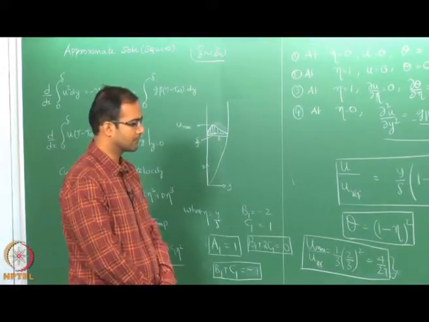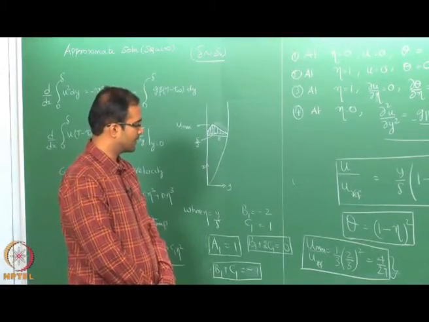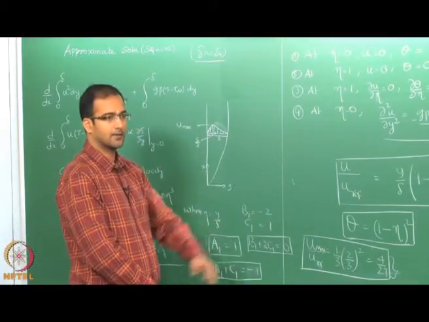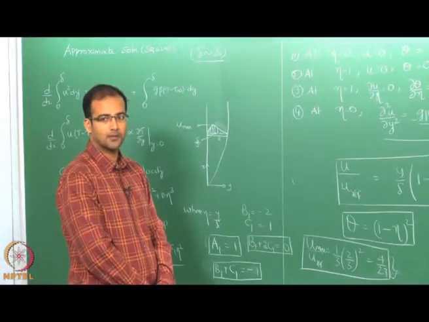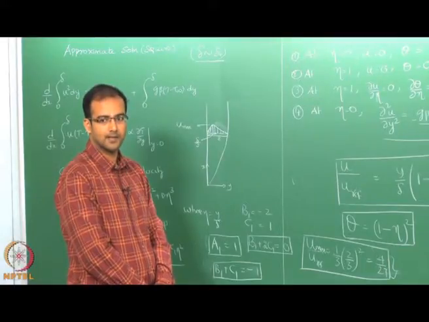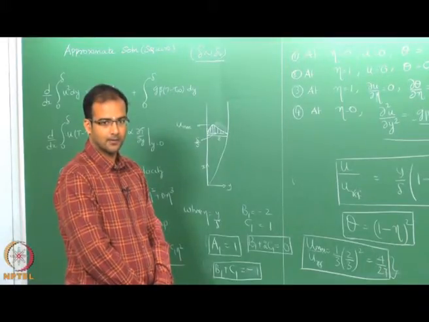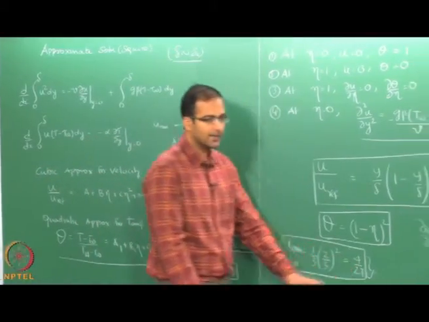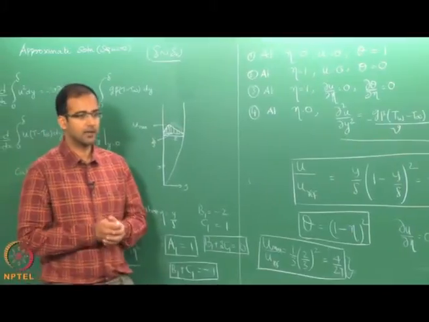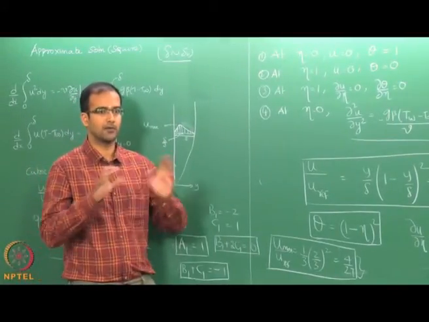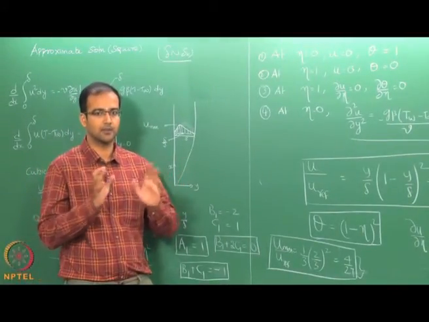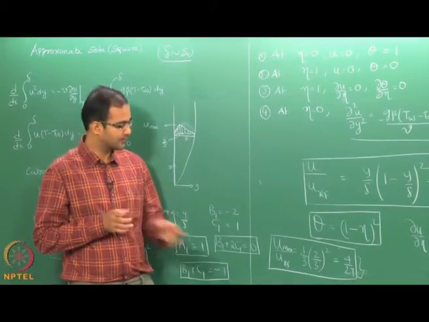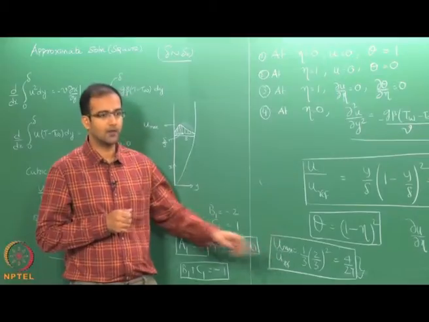Sir, how accurate is this value? Well, okay, this is only for when we assume a cubic polynomial. If you assume a quartic polynomial, this might slightly change. But this is an indication telling you that you can have any reference velocity, but if you know the profile approximately, you can actually get the value of u max. In this case the u max is actually a small fraction of u reference.